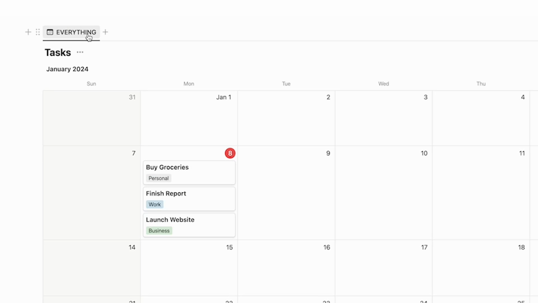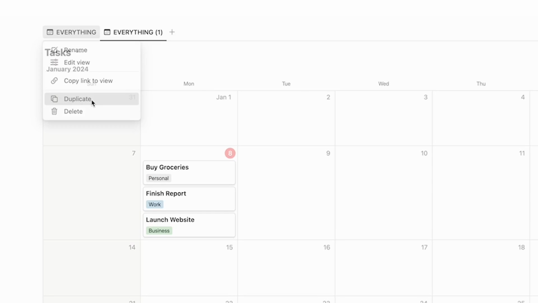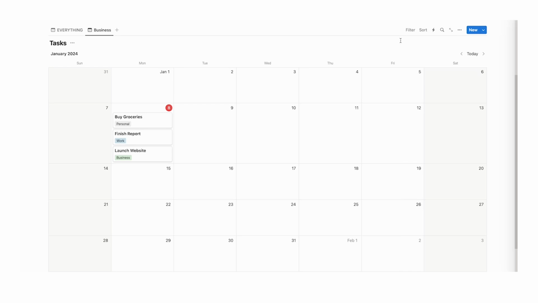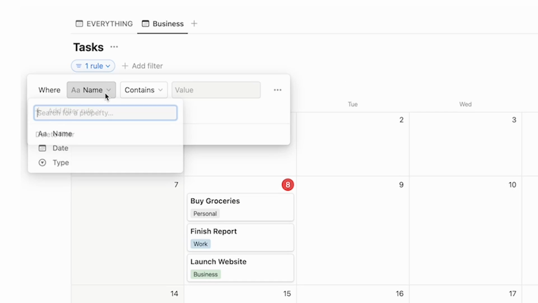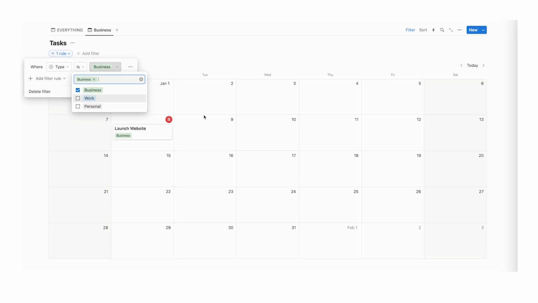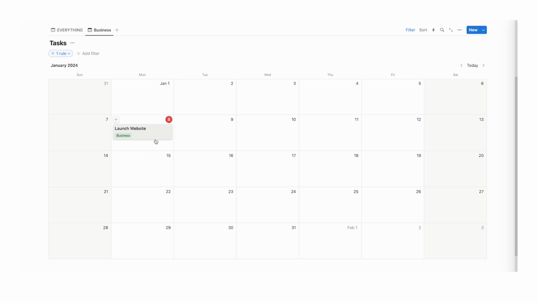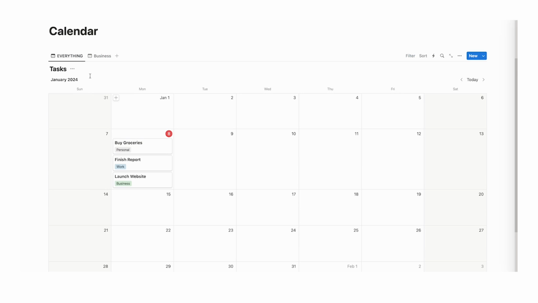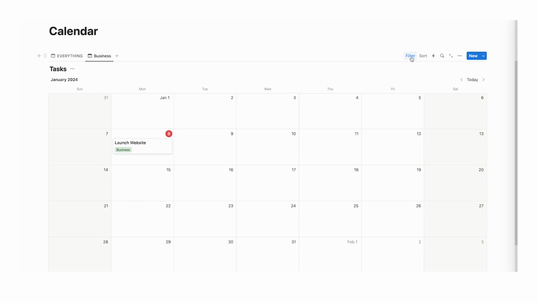Well, what we can do is right click on everything and do duplicate. And let's call this business. Now all we have to do is add a filter. So click on filter, add advanced filter, and we want the rule to be where the type is business. So now only stuff related to business is coming up in this view. So they haven't been deleted, we can still find them in everything,